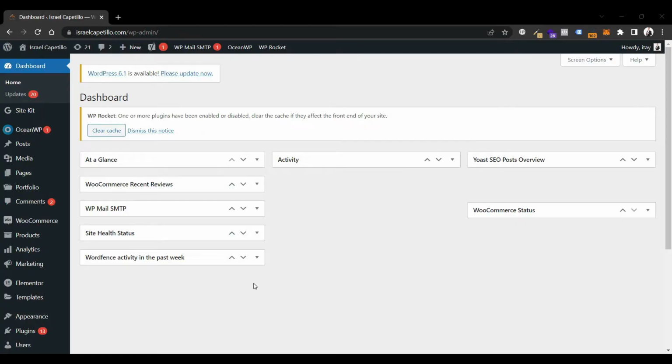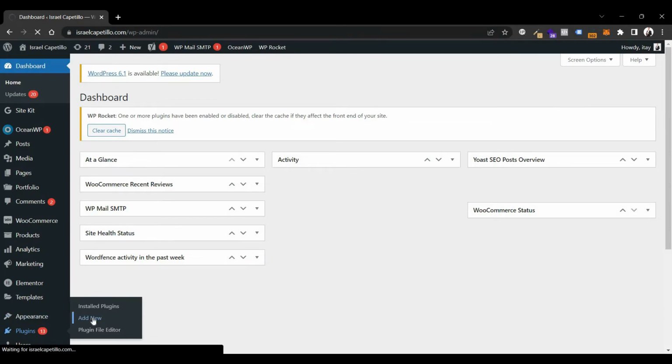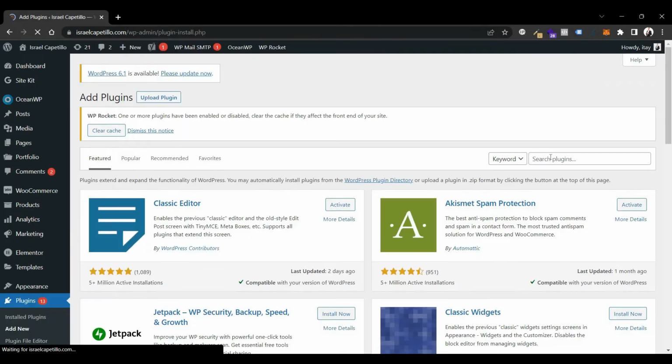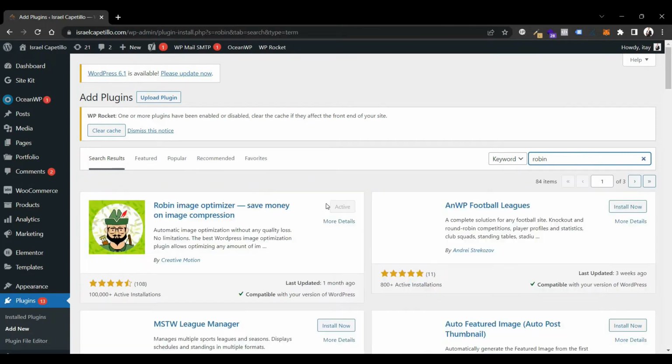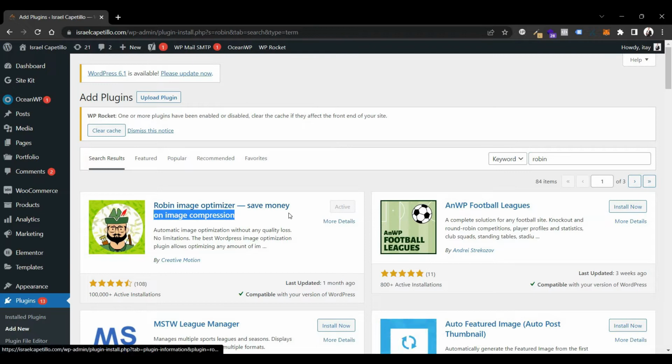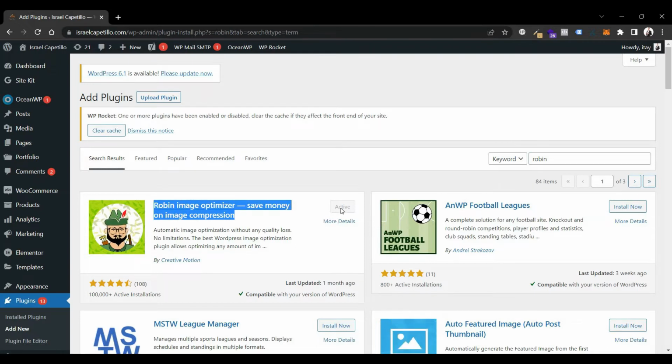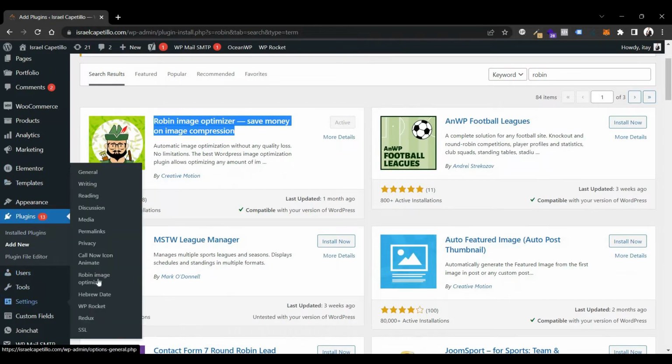Okay, so in order to install the plugin that's called Robin, you need to go on the dashboard to install new plugin right here, and type in the keyword Robin. Here you can see the first one is this, and it's already activated because I've installed and activated it. Now all I need to do is go to the settings and look for this Robin Image